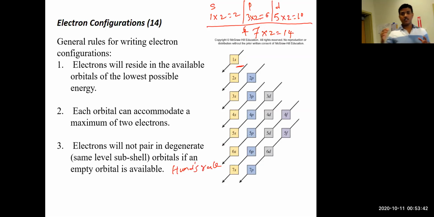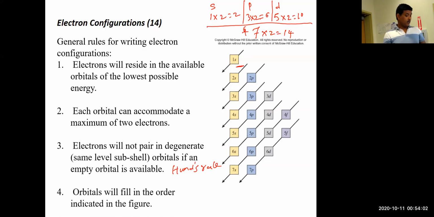Hund's rule says to maximize the spin pair. One way you make sure that you are maximizing the spin pair is, if there is an empty orbital, do not start pairing. Make sure all of them are completely half-filled, then start pairing, so that you follow this rule automatically. And use the chart, or remember how to do it, because they fill in this particular order because it is proven to be the order of lowest energy orbitals, with experimental data support that we know currently that that is the filling order of orbital energy levels. Okay,